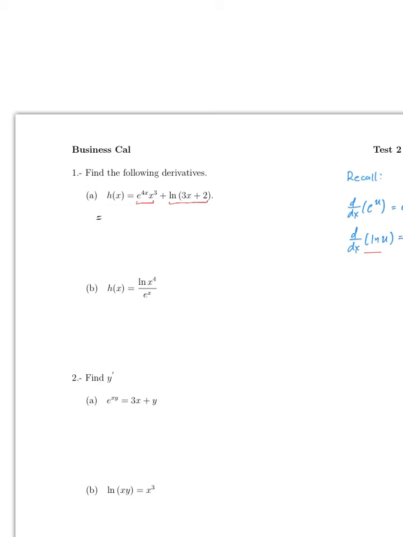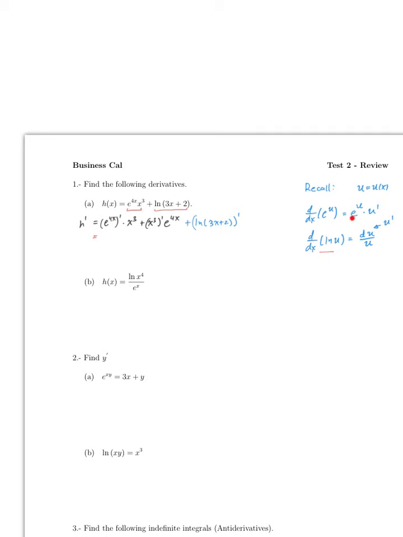So according to the product rule, h prime is going to be the derivative of the first one times the second one plus the derivative of the second one times the first one, and then plus the derivative of the last term. Right? The derivative of e to the 4x using this property is going to be e to the 4x times 4, then times x cubed. The derivative of x cubed is 3x squared times e to the 4x,